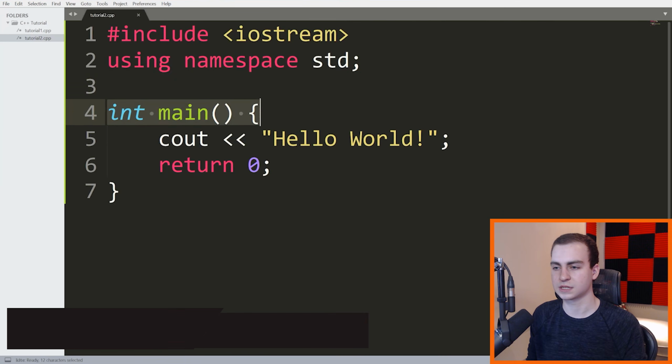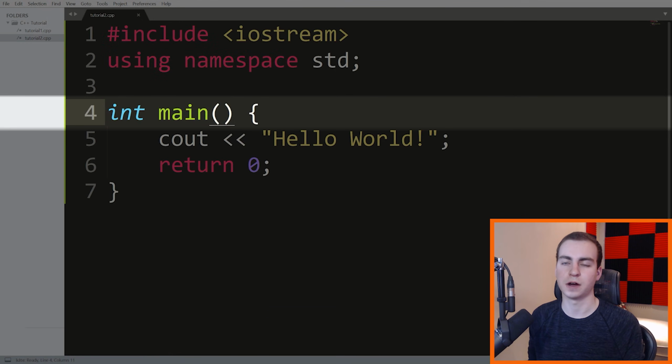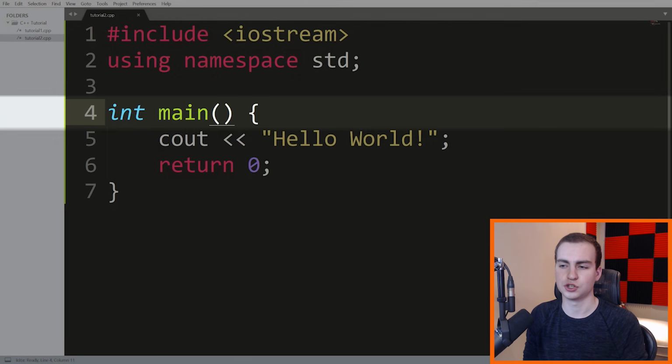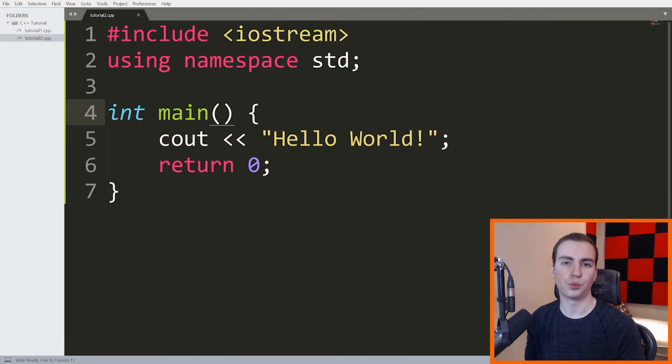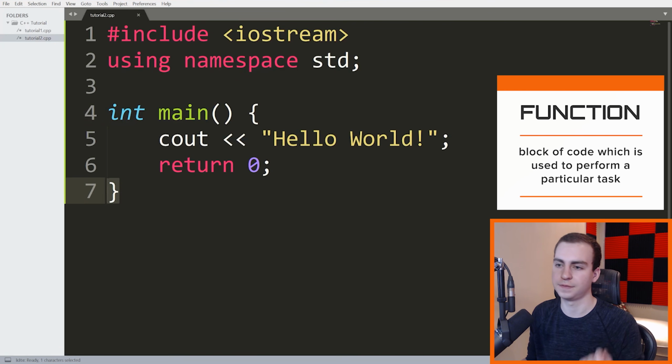Now let's talk about this line right here, line 4. So line 4 defines something called a function. A function is just kind of a block of code, and you can run a function multiple times. Now we will discuss functions in depth later on, but the idea is code that's inside of these curly braces is a part of this function. So when this function runs or executes, all of the code inside of it is going to run, and the code runs in sequential order.